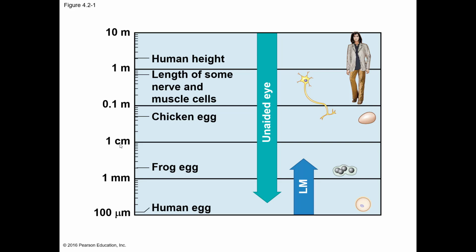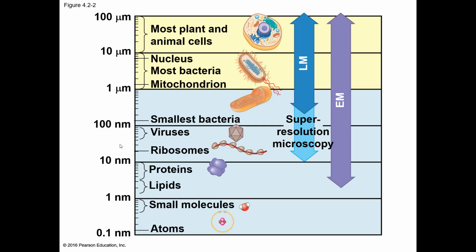Basically, with our naked eye, we're able to see pretty small things. We're able to see things that are in the micrometers, which are tinier than a millimeter. A centimeter is usually one little dash on your ruler. So we're able to see certain objects, but we use the light microscope once we get to about 1 millimeter or so to be able to see things a lot closer and a lot better. Keep going down, the light microscope kind of peters out